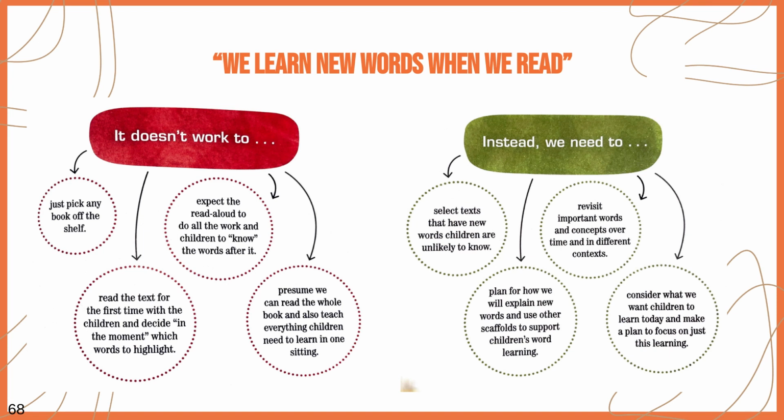Reading a lot is positively associated with vocabulary development. When readers comprehend a text, they can learn word meaning information for the few words they may not know in that text. And when I say read a lot for younger students, it really means that adults need to read aloud a lot. This provides students experiences with words and concepts that they cannot yet access independently as readers, but it provides some exposure. So to maximize the impact of this learning during read alouds, we want to be intentional about text selection, about explaining words before or during reading, and about revisiting important or conceptually challenging words after reading the text.